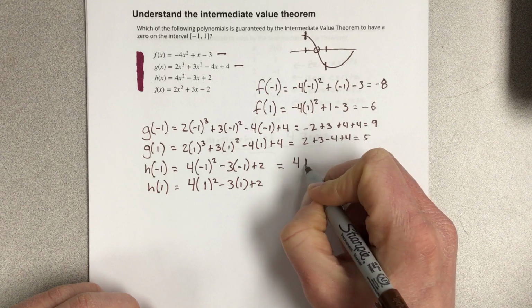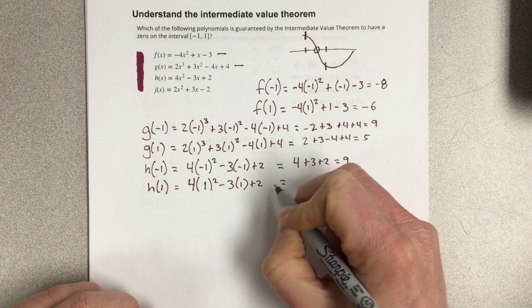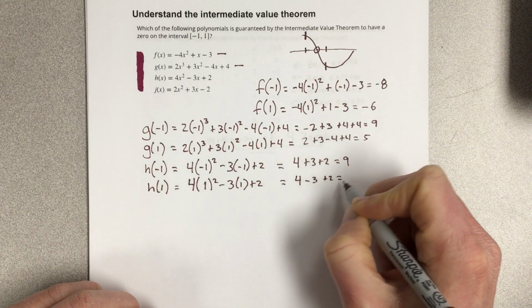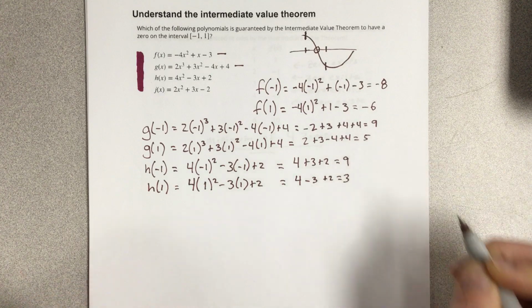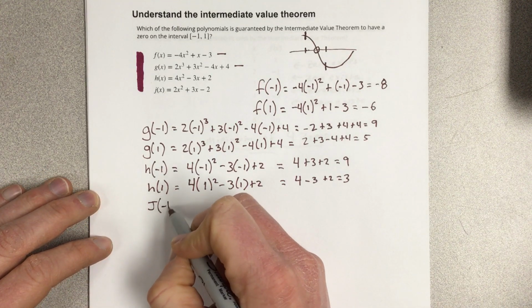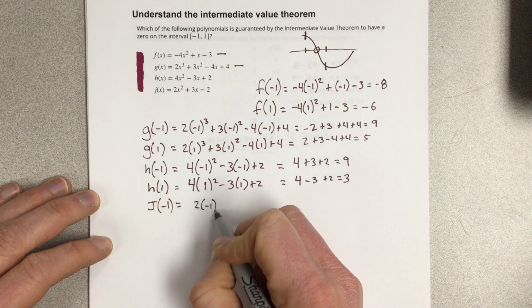Four plus 3 plus 2, 9. 4 minus 3 plus 2, that's 3. They don't change signs. So we'll go to the last one, which is j of -1, 2 times -1 squared,